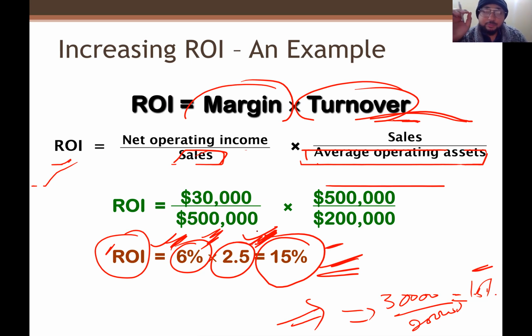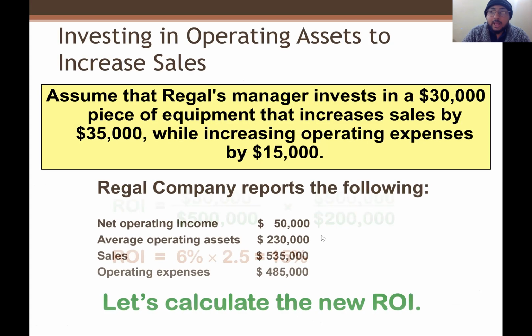You should keep in your mind that sometimes decentralization acts as a barrier to innovation, right? So if a manager is evaluated on the basis of ROI, then he must think about improving both of these ratios, turnover ratio and margin. So what do you think? What happens